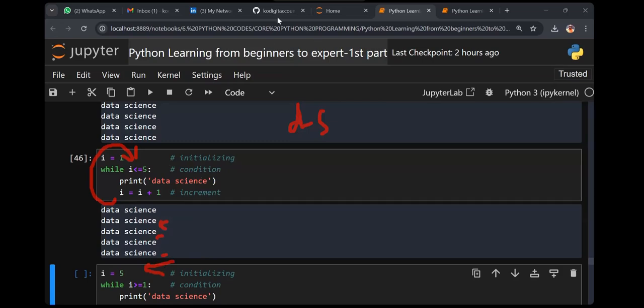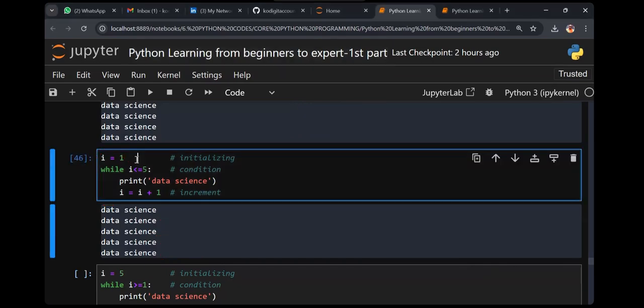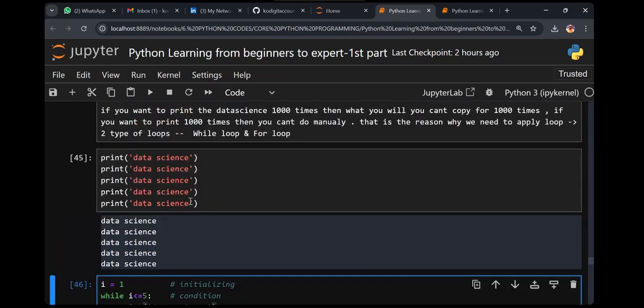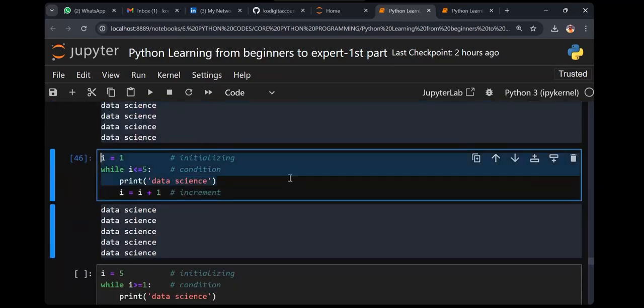Why do we use it? Now if I say print data science 1000 times, my solution is easy. i equals 1, while i less than or equal to 1000, print data science, and I get the output 1000 times. So which is better? While is better.